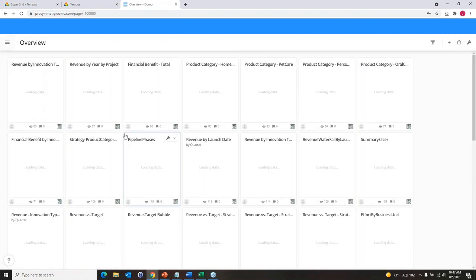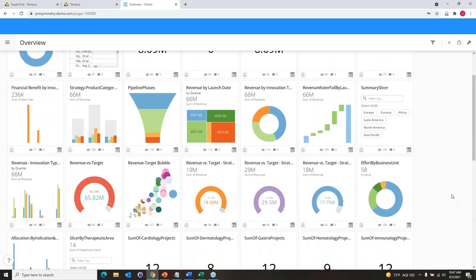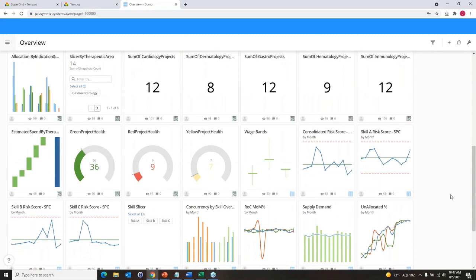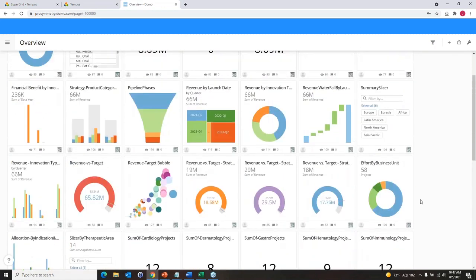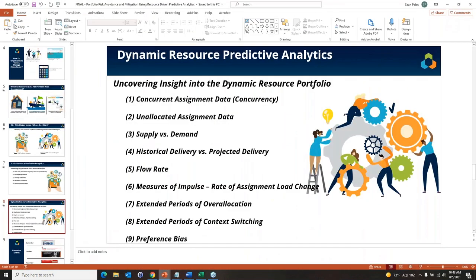And this is just a quick overview of a range of the different controls that I've assembled for today's presentation, as well as several others that let us track things ranging from strategy execution, financials, revenue information, cost information, as well as our predictive analytics around resourcing. All right, so it's a wide array of capabilities that are built into the product. So jumping back as we wrap things up,